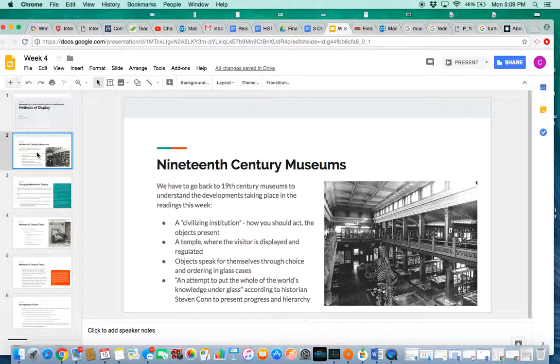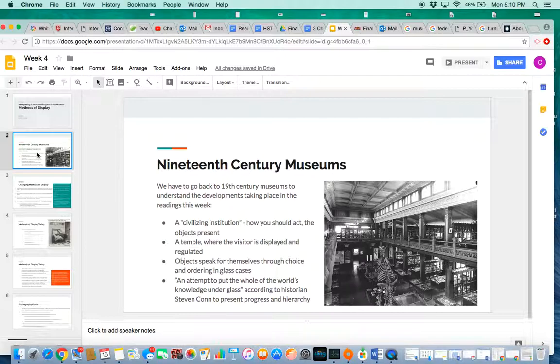So things that we kind of take for granted in museums today, like a lot of label copy, something that's describing to you what the objects are about, wasn't really present in the museum at this time. You can kind of tell that from the picture on this slide. It's just the objects themselves. The objects are supposed to speak for themselves in the ways in which they're ordered and the things that are